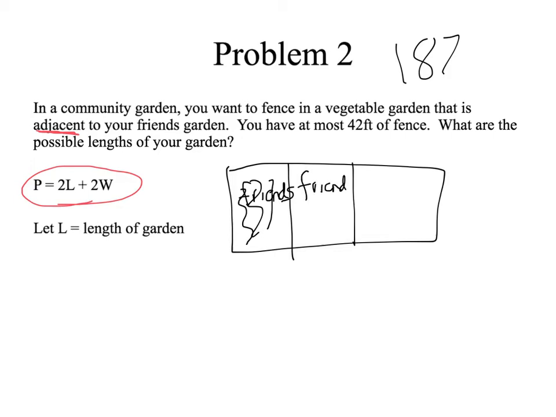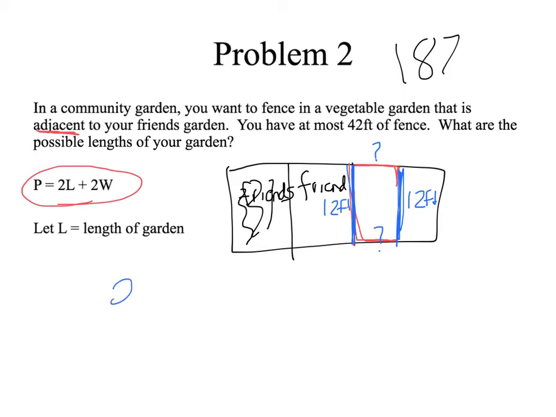Okay, and you want to make your new garden. The book kind of shows you something like this, here's your possible fence. But it also tells you that this length right here, I mean, this is important. If you didn't have your book, you wouldn't be able to see this. This length right here is 12 feet. So that means that this length over here is also going to have to be 12 feet if you're going to fence in a rectangle. Okay, so pretty much how big do we make these side pieces if we have at most 42 feet of fence? Okay, so we want to go with the perimeter equation, but we want to make it an inequality because,